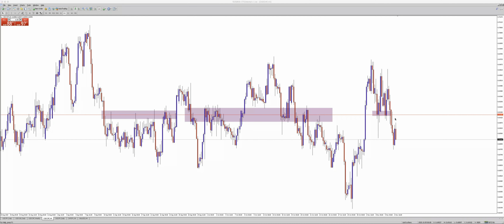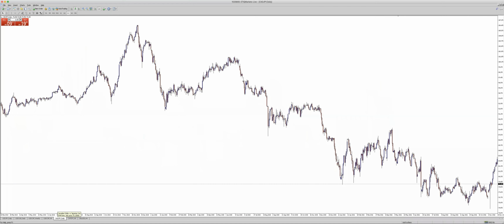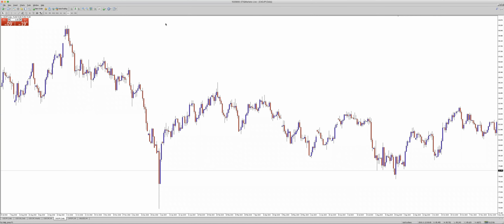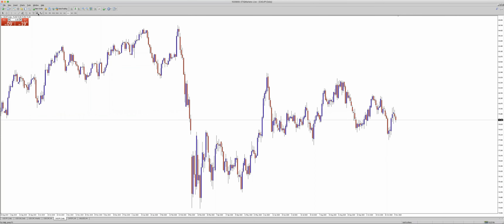The next will be CAD CHF. Same thing: I'm going to see the market retest this level, and I'm going to see a downside exposure. This is for CAD CHF. Another trade is CAD yen. CAD yen is very clear downside, which is a clear downtrend.